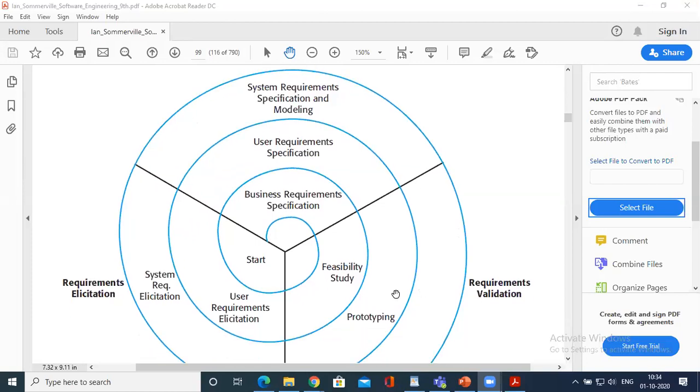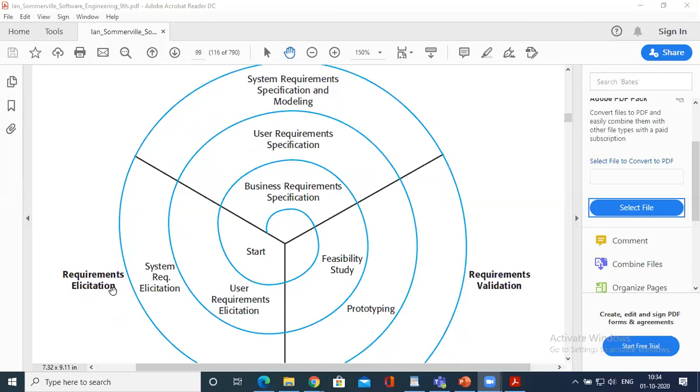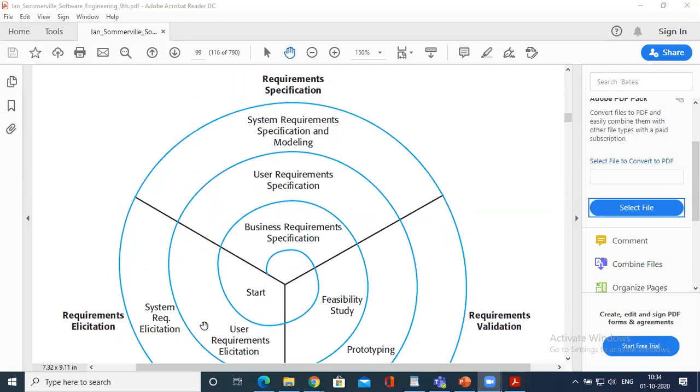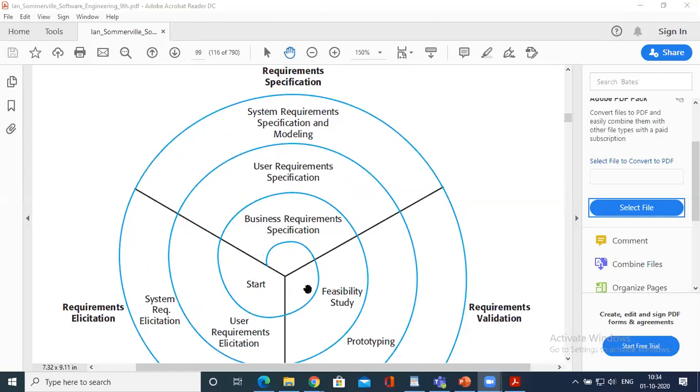Similarly, when you say requirement elicitation, requirement elicitation is a primary part of requirement specification. See, this spiral moves like this. Got it? So it starts from requirement elicitation, then requirement specification, requirement validation. First spiral completed. Again, second spiral.